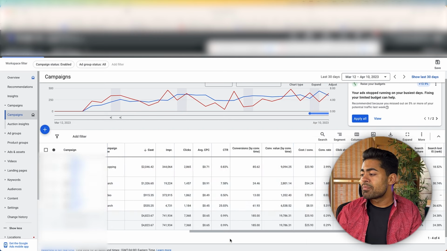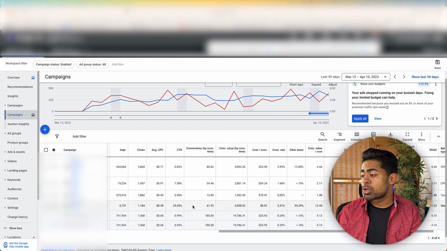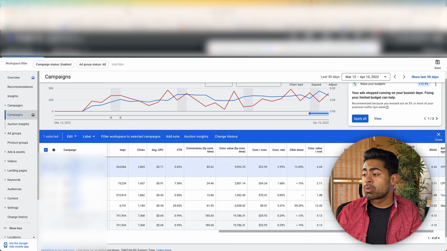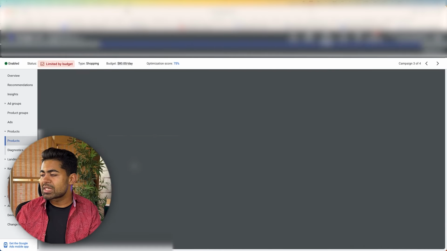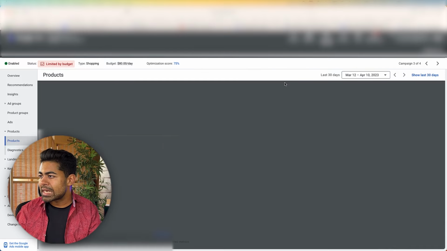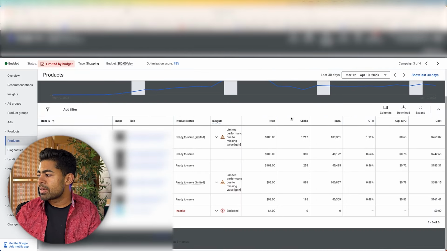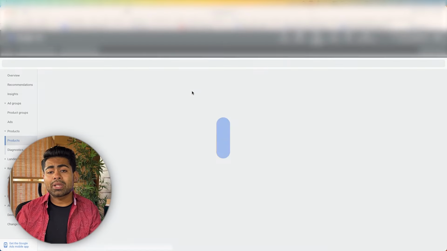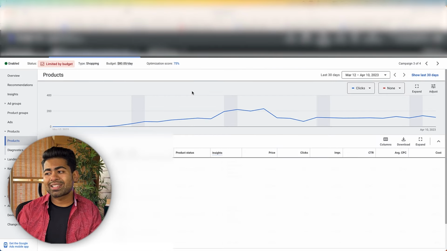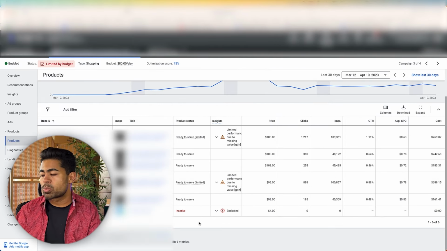By the way, as you can see, there's currently four different campaigns in total running. The first one is the only shopping campaign. If we go inside the shopping campaign, and I'm just gonna go inside to the product section because it's a little bit buggy here, let me go ahead and show you guys how many products there are in total. There's only a total of 6 products. So the entire reason why we decided to go with the all product standard shopping campaign for this e-commerce brand is simply because there's not a whole bunch of products for us to go about with the second sub strategy